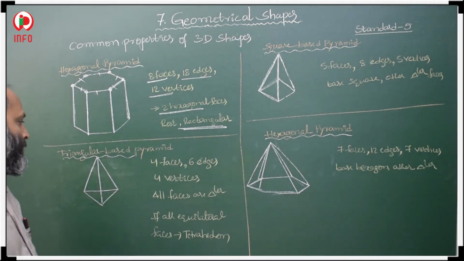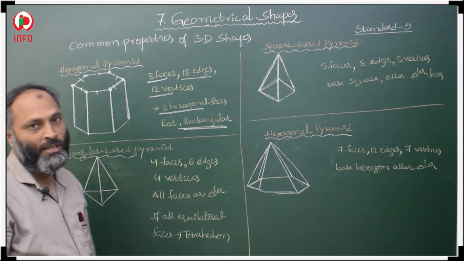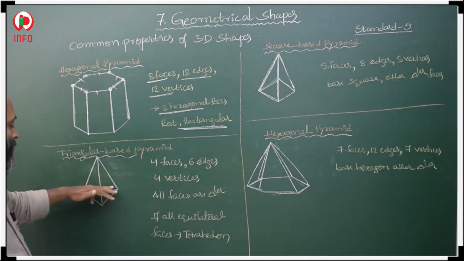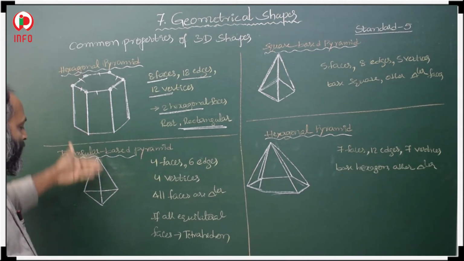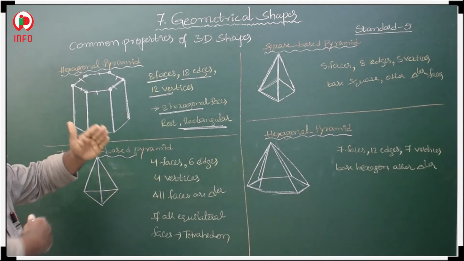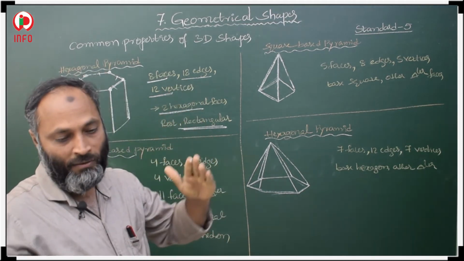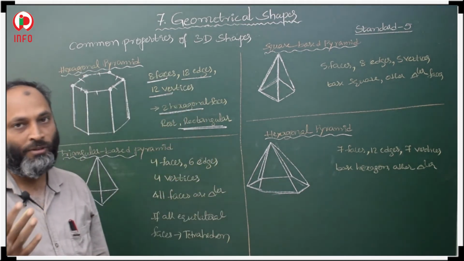Base is a triangular shape. So how is the base a triangular shape? We know pyramids, how the pyramids are. So the base is in triangular shape, surrounding 3 walls like a triangle shape. 3 walls, then 3 sides, 3 triangles and down 1 triangle. Total how many faces? 4 faces.